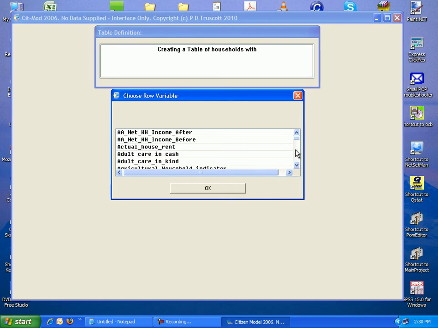And I want the rows, if you see up here where I'm pointing with the mouse cursor now, it knows that I'm creating a table of households. And the first thing it asks me is to choose a row variable. And I want my row variable to be regions. So I'm going to scroll down here to the word region. Double click, and you'll see at the top it's building up an English language definition of the table that I'm